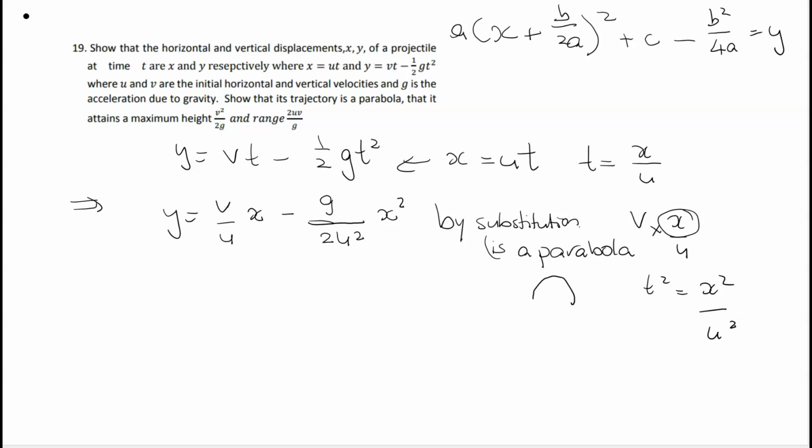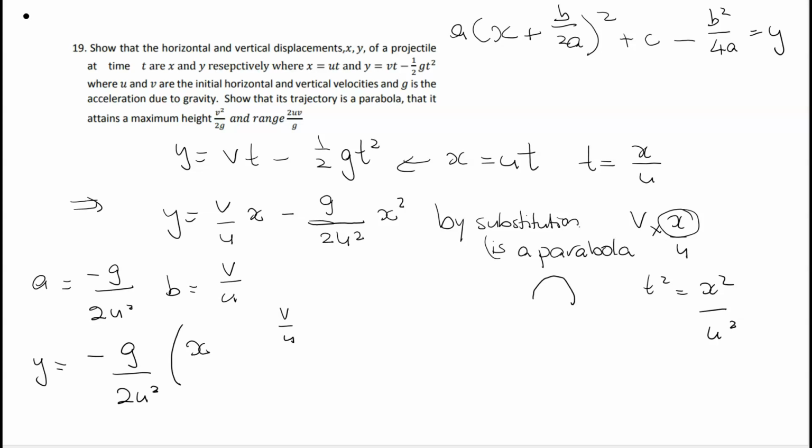So that means a is going to be negative g over 2u squared, and b is going to be the x coefficient, which is v over u. So we're just going to follow the pattern and write that in, so that y is going to be equal to negative g over 2u squared times x, and then b, and b is v over u,